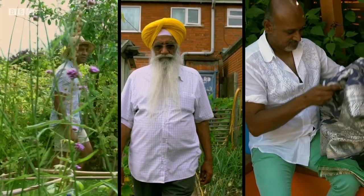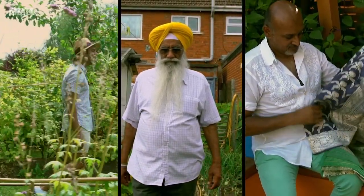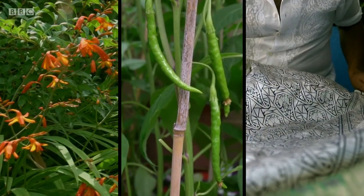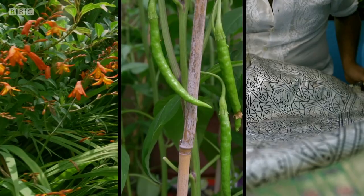I love the way that you can go to a botanic garden, sometimes quite near your home, and immerse yourself in another growing culture. But skill and expertise in gardening isn't just limited to the lofty world of botanic gardens. As we found out when we went to visit Ragbir Singh Sanghia, who has the Midas touch when it comes